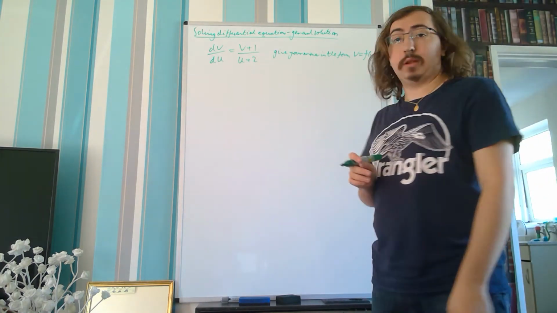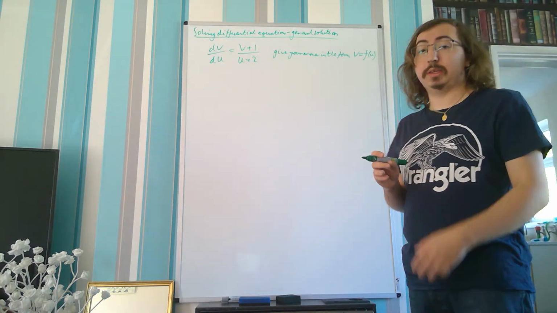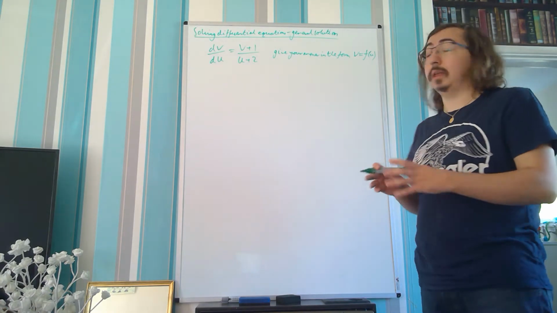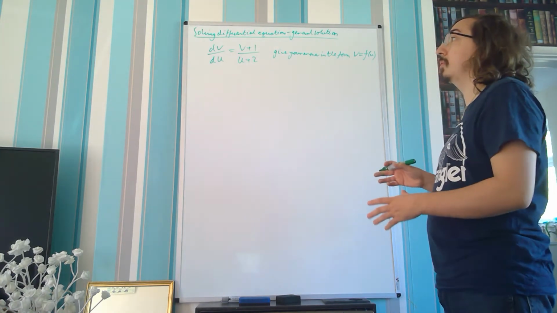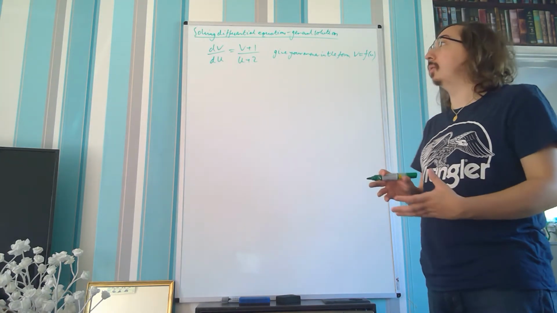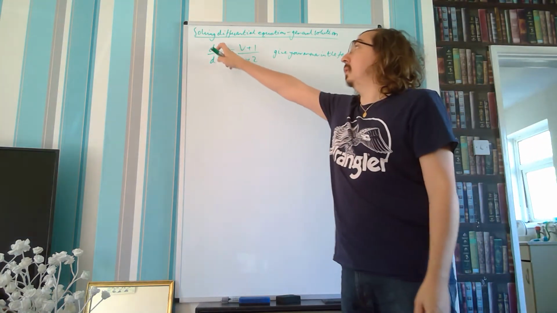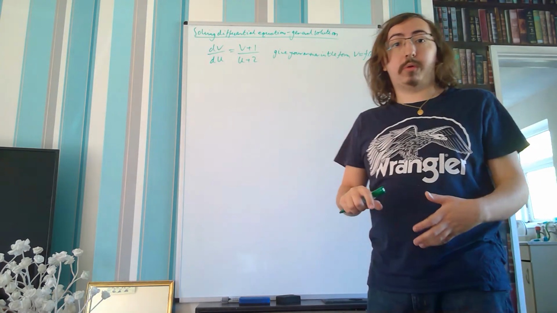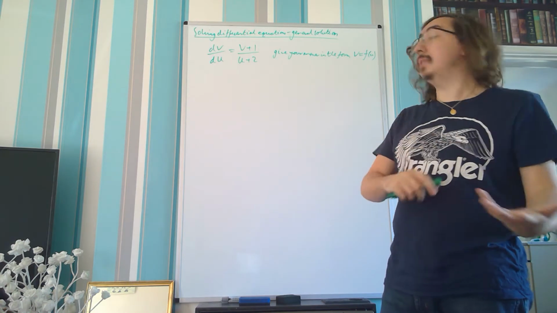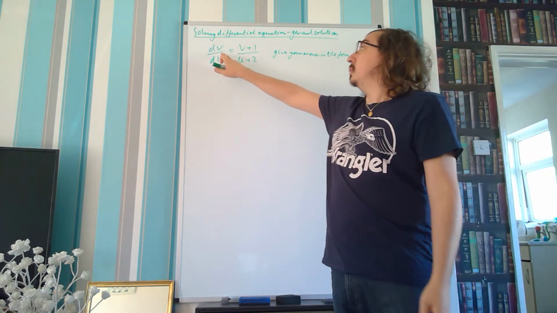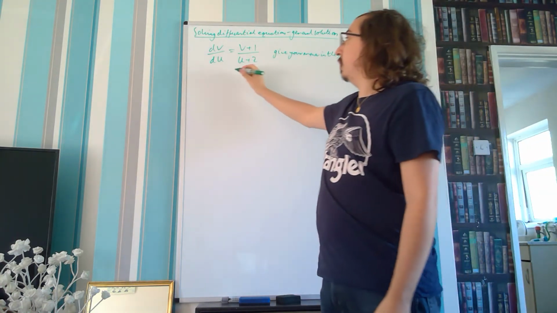So we've got another differential equation here, which means we need to isolate the variables. In this case, we need to isolate our u variable and isolate our v variable, and we want the dv and the du up in the numerator so that we can then subsequently integrate. So if we move the du over,